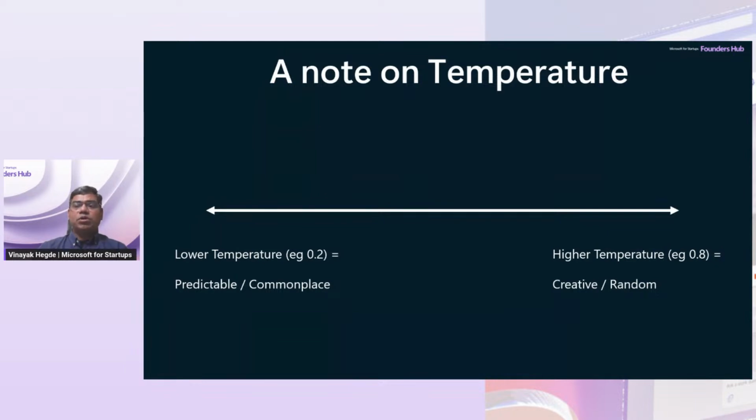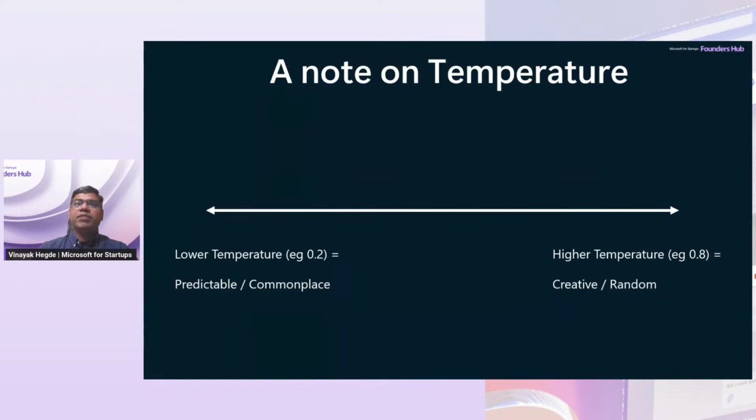So LLMs are prone to hallucinations. It doesn't know whether what it is presenting is true or not. That is actually for the human and the safety models that are built around it to determine. So when you use temperature, and there's another parameter called top P, you can set these to a lower temperature, especially if you are on the right hand side. If you are using it in an enterprise use case where you